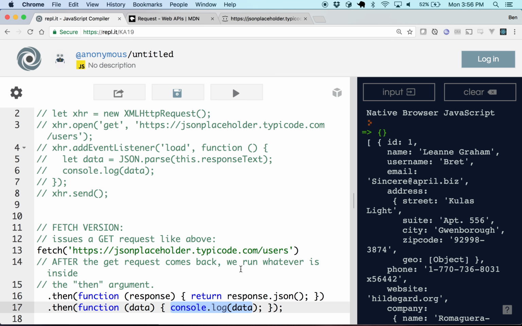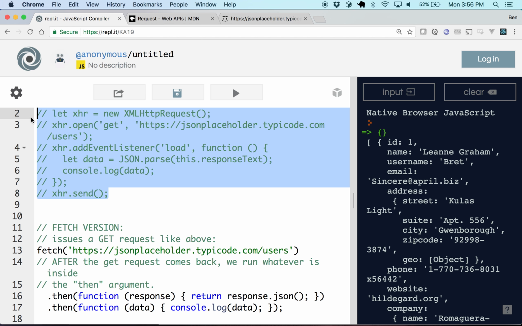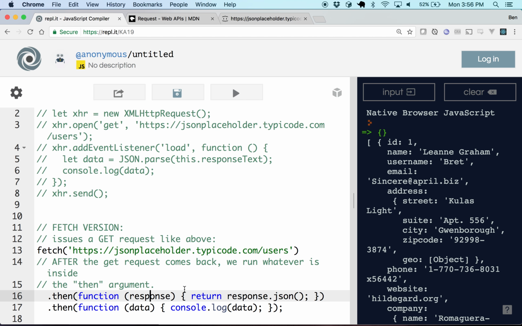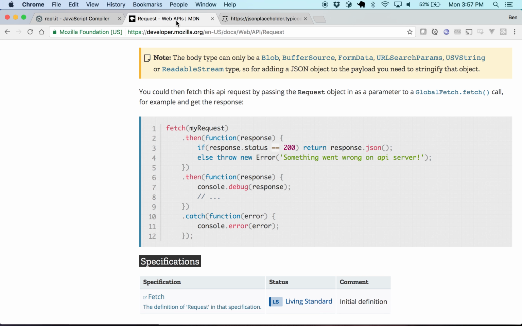So in an example this quick, this does exactly the same thing that this did. And you might think to yourself, this is much more straightforward than this. And I think you'd be right. If the majority of all web requests were a straightforward GET request, then I would agree 100%. However, the reality is that many times you'll want to use maybe three different requests or do something if one in particular fails. And you'll see here, if you look at the documentation for fetch, it's actually pretty cool